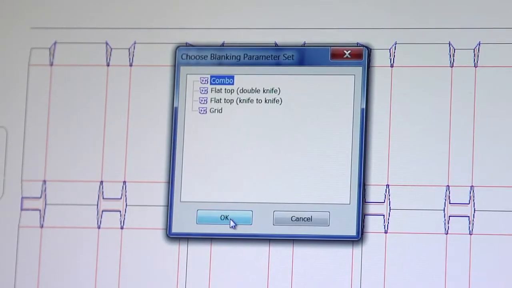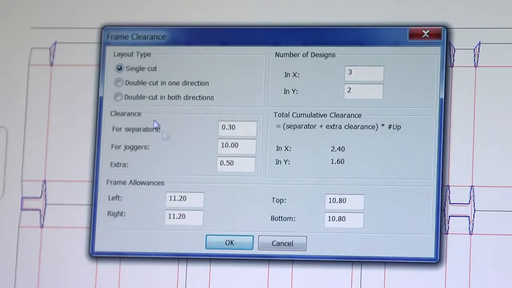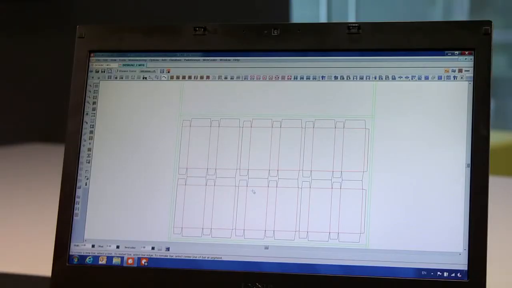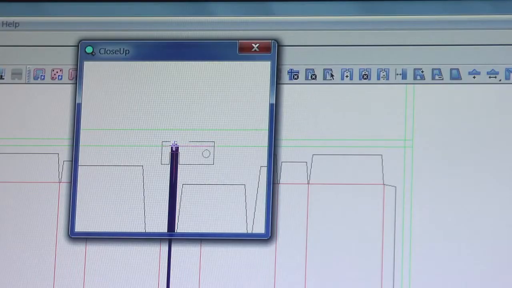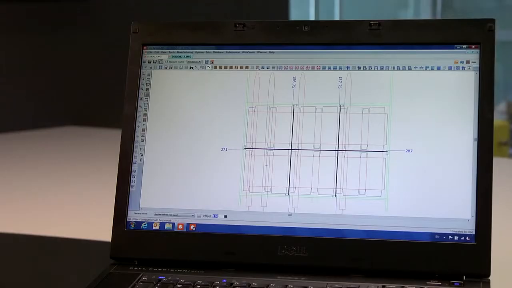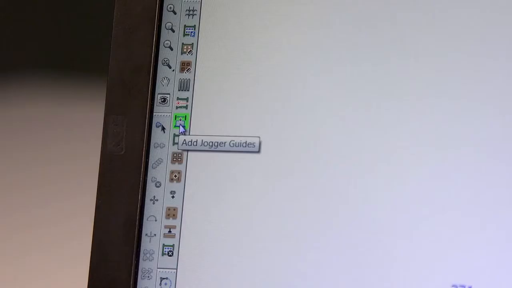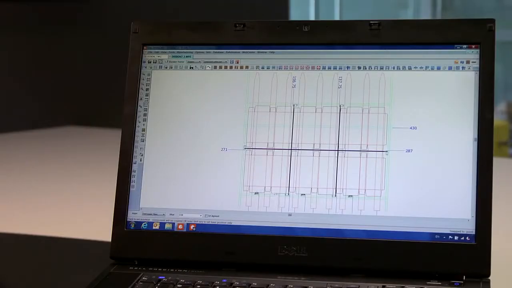In this example, we will create a combo tool for single cut based on a BOPS 102 machine. Settings can be configured to match the equipment that you have. First, we add the metal bars, vertical and horizontal, and add the hardware components to fit the bars to the frame. Then we add swords, then position the photocell, and finally we add the joggers to keep the cartons in